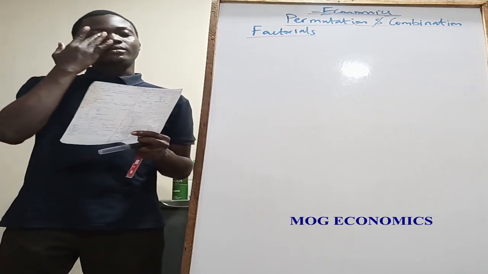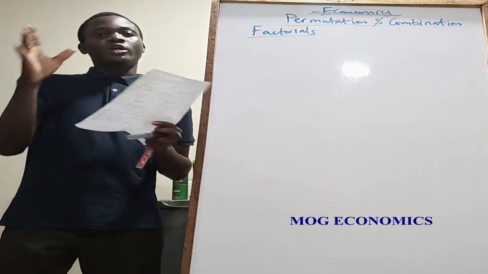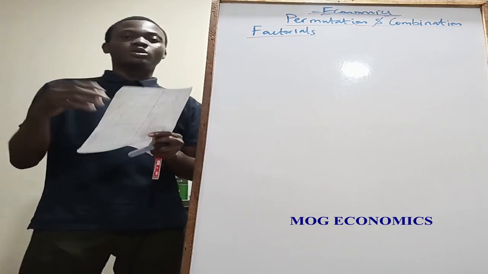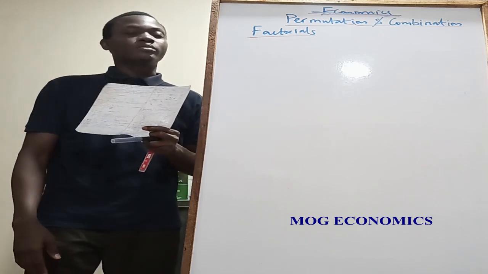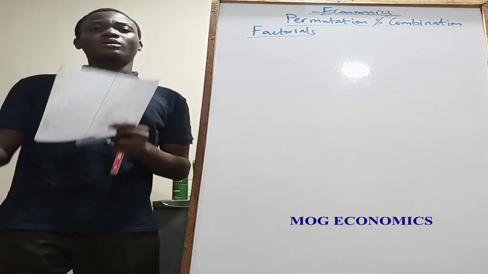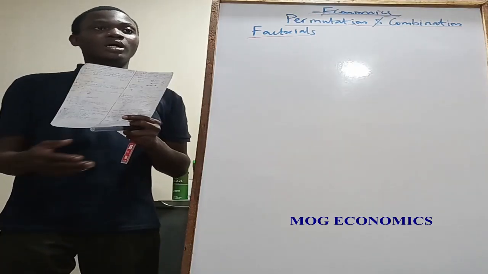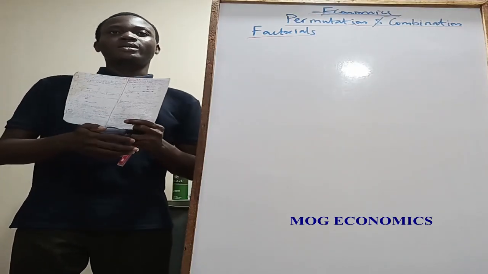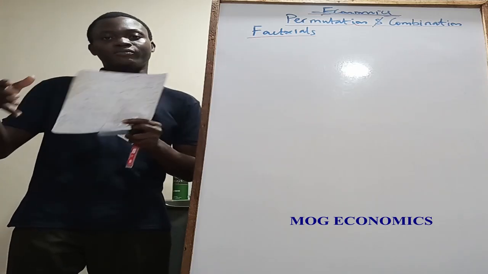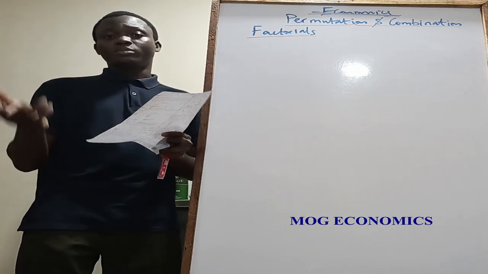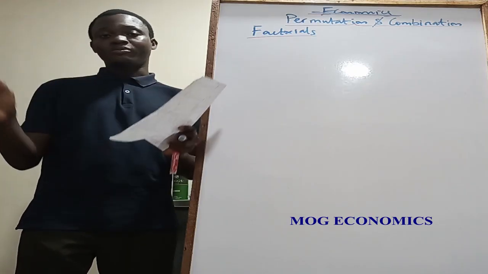So factorials is used to determine the number of arrangements that a set of things could be put into, right? Under it we now begin to talk about permutation, the kind of possible arrangement of events that cares about the order in which the events are stated. However, combination also deals with arrangement of events,